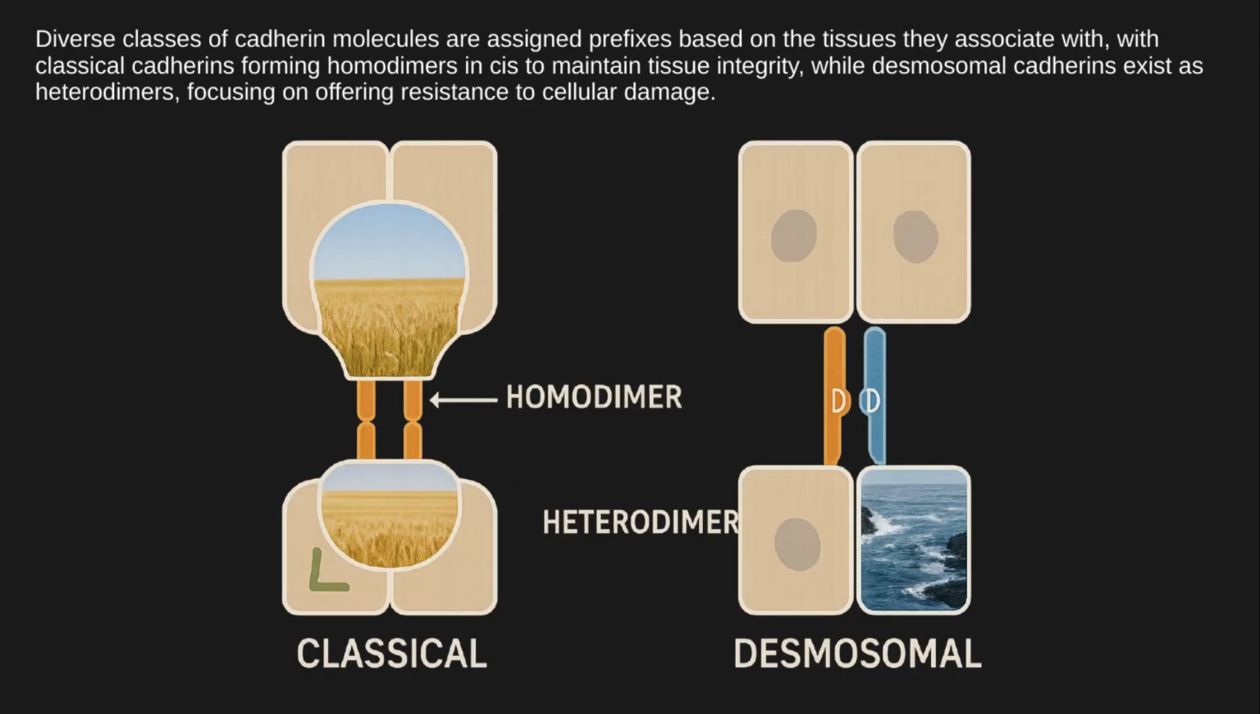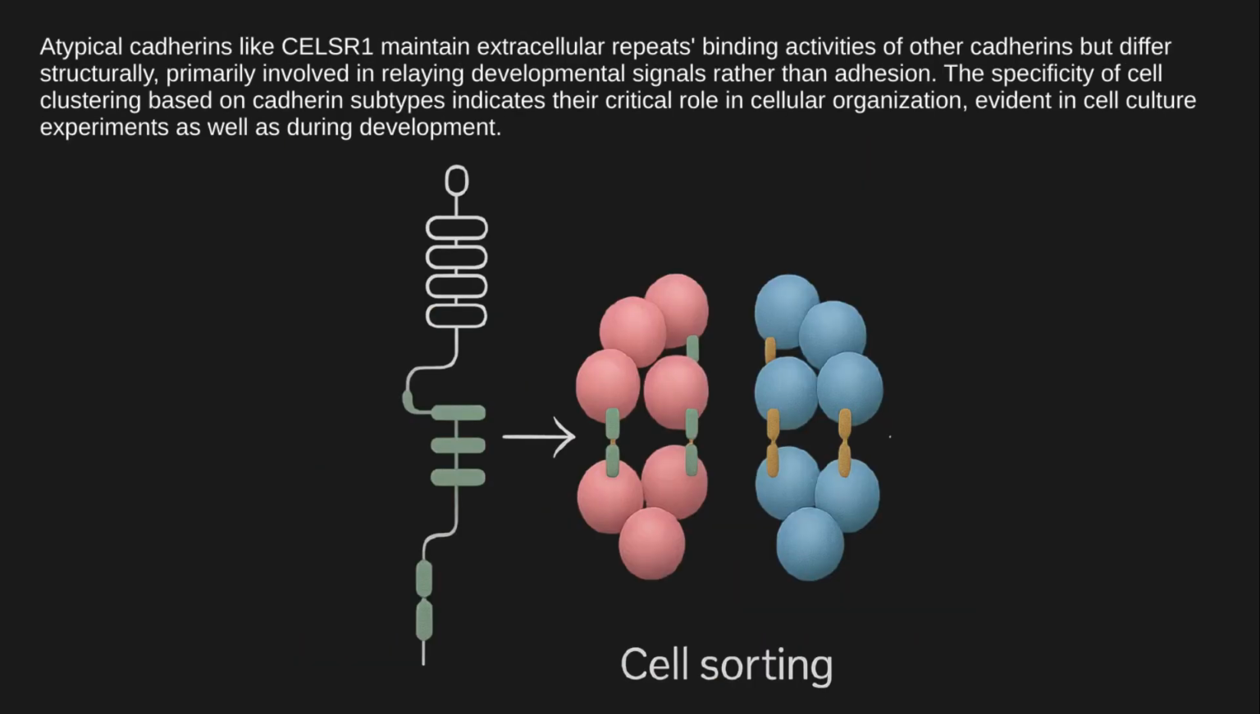Diverse classes of cadherin molecules are assigned prefixes based on the tissues they associate with. Classical cadherins form homodimers in cis to maintain tissue integrity, while desmosomal cadherins exist as heterodimers, focusing on offering resistance to cellular damage. Atypical cadherins like CELSR-AH1 maintain extracellular repeats binding activities of other cadherins, but differ structurally, primarily involved in relaying developmental